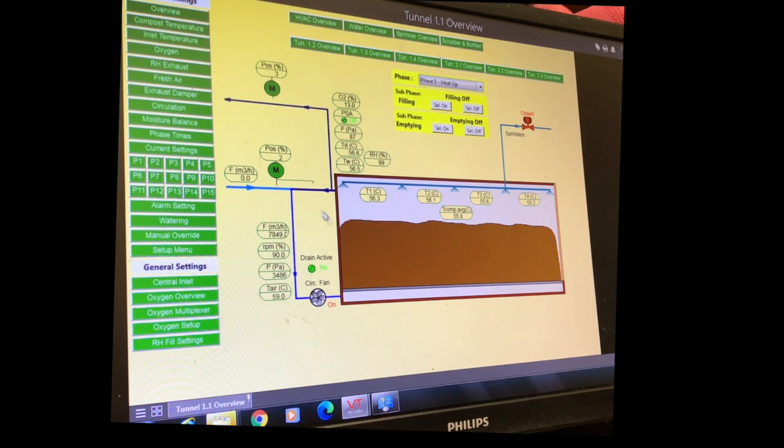So after the air has passed through each tunnel up underneath, we have to exhaust that air. We could circulate it back through. If you follow the air through here, it comes back down through the underneath. But we can also exhaust it out to our scrubber. So there's also temperature probes that tell us our oxygen percentage. We have pressure on the outlet going to the exhaust. We have our wet and dry bulb